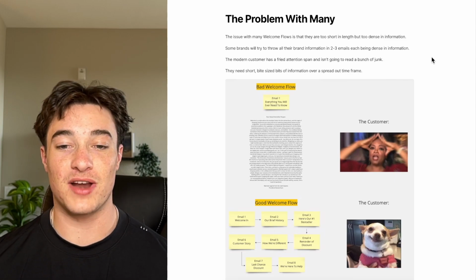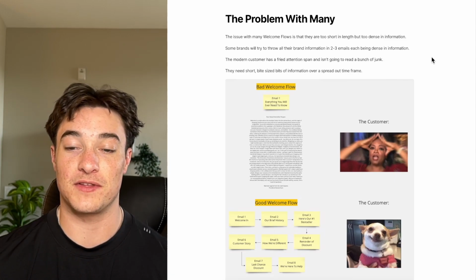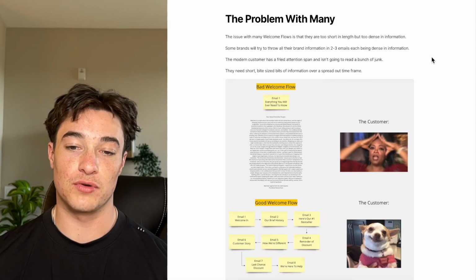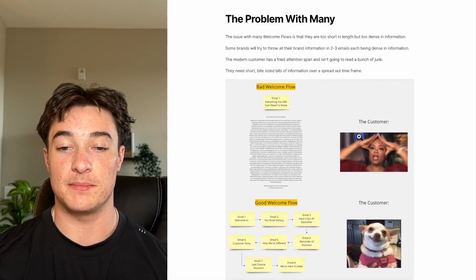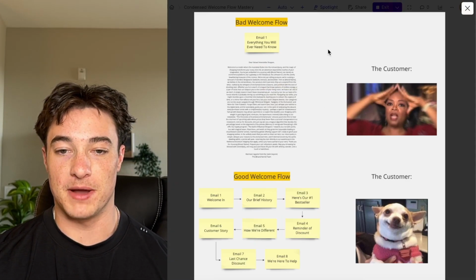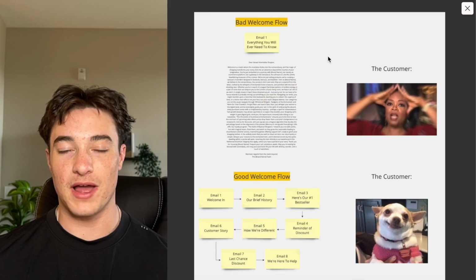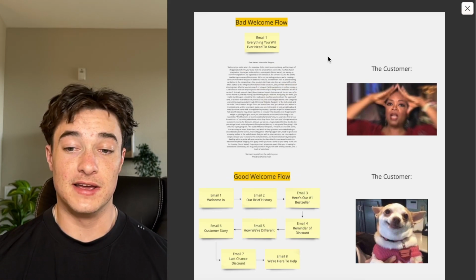But the modern customer has a fried attention span and just isn't going to read a bunch of junk. They're not going to read any words. They need short, bite-sized bits of information over a spread out time frame. So you can kind of see here, in an oversimplified version, a bad welcome flow: here's everything you will ever need to know. Here's all this information. The customer's like, oh my goodness, I'm not even going to read this,